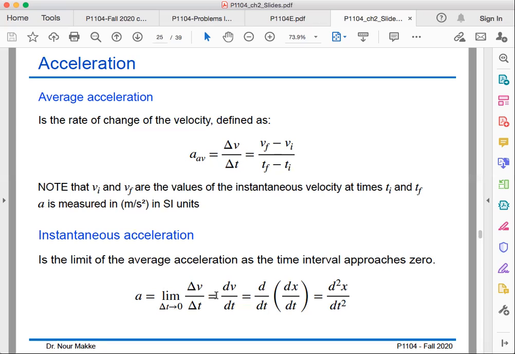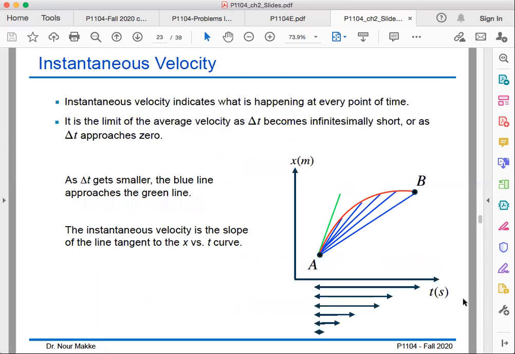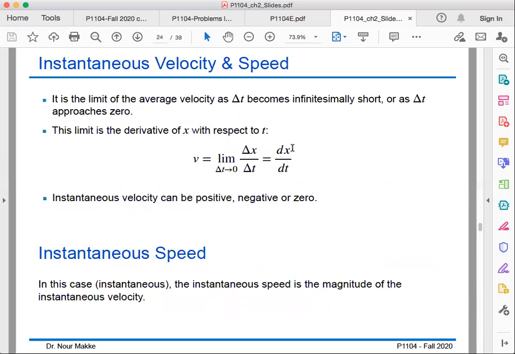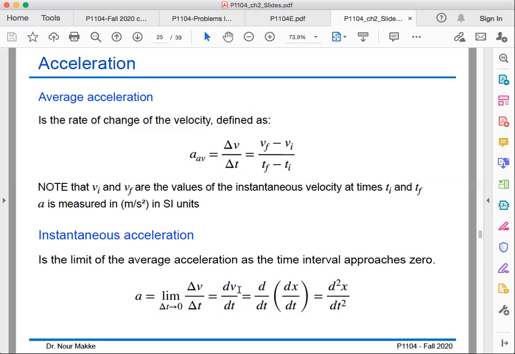So this is nothing else than the derivative of the velocity vector with respect to time. And if we replace in here, so this is the first expression. Now, if you replace V with its definition, as you can see in here, it's the derivative of x with respect to time. If you substitute V with dx/dt, then you will end up with d squared x over